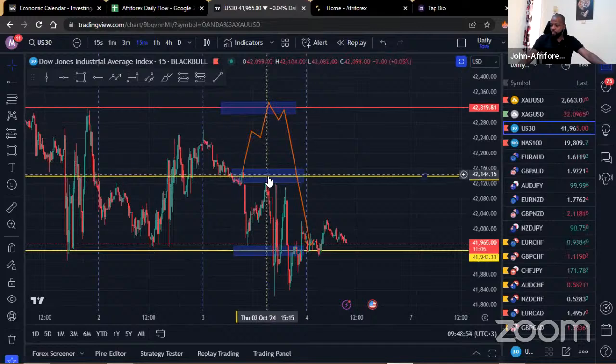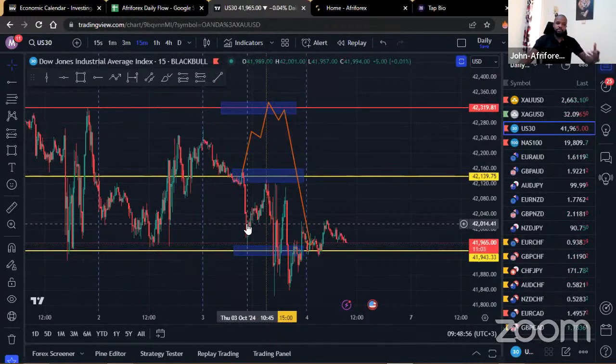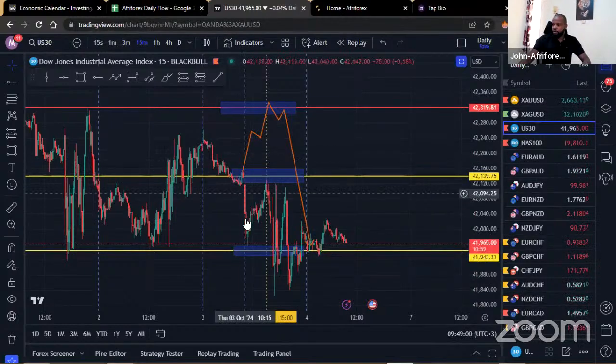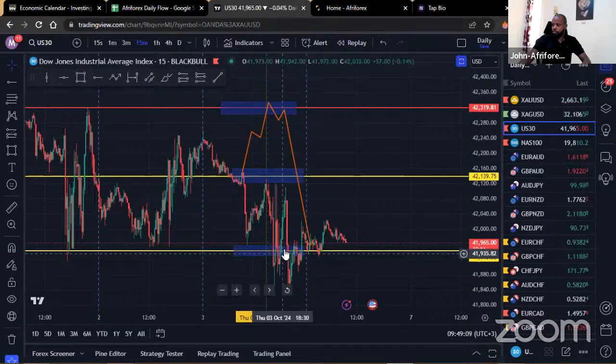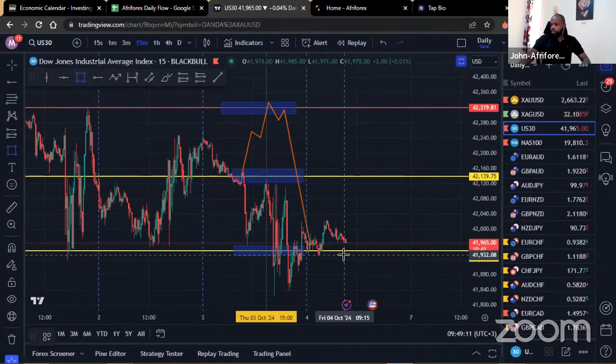If you look at the times, that's exactly 3. Part of the times that we keep on repeating: 10, 3, 4:30. Those are the times that you should be watching out for. You can see that at exactly 3, price was back in within there, and the market did actually end up giving a really good selling opportunity, but you did need to manage your trade within that region right there.